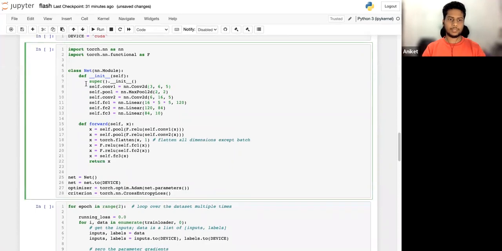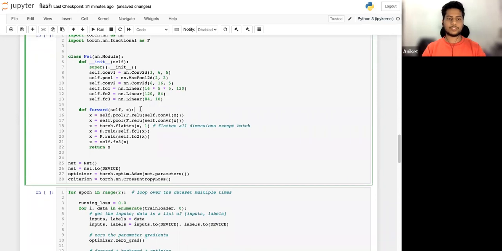And after that, I have defined my neural network model, which is a convolutional network. And in PyTorch, for building an image classification model, we use convolution blocks. So from torch, I have imported the nn module, which this class Net is inheriting from. Then I have initialized the conv block, then the fully connected block, the max pooling block.